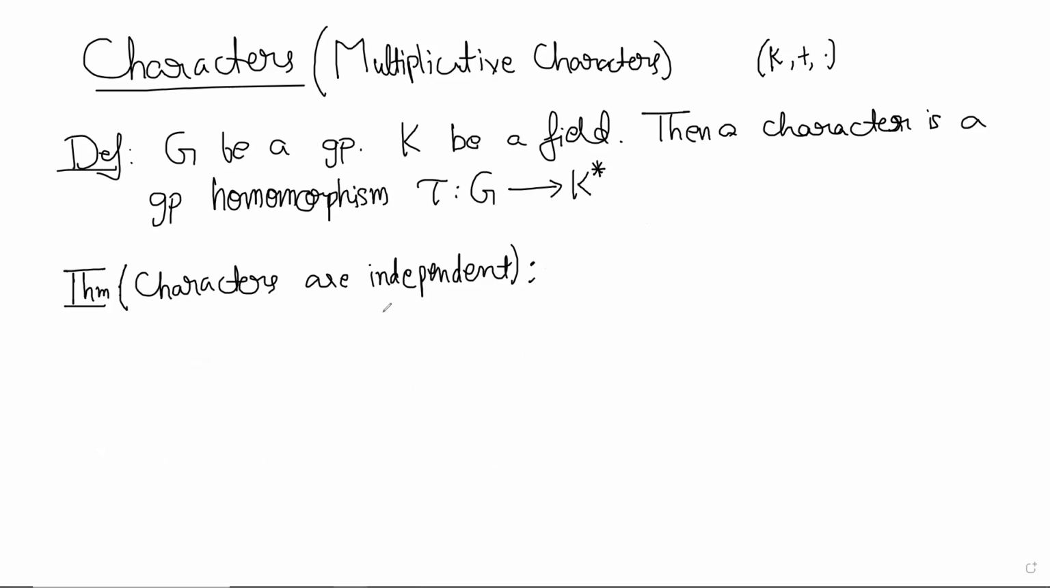Yes. So now I wrote that characters are independent. Now let us try to prove it. Okay. So what should the statement be? The statement should just be this. If you let your imagination work, then you will see that it will be this. If tau 1, tau 2, dot dot dot, tau n are characters,